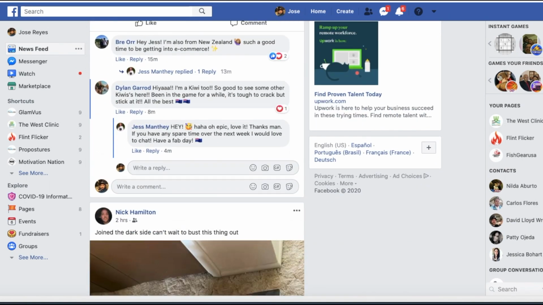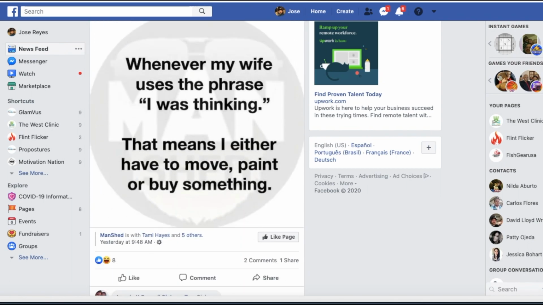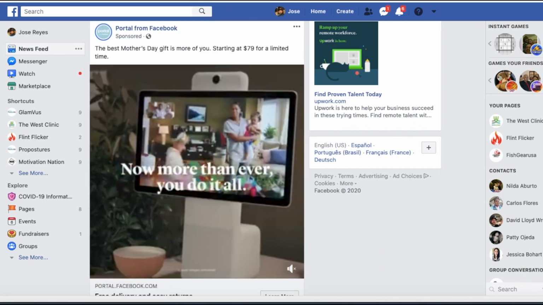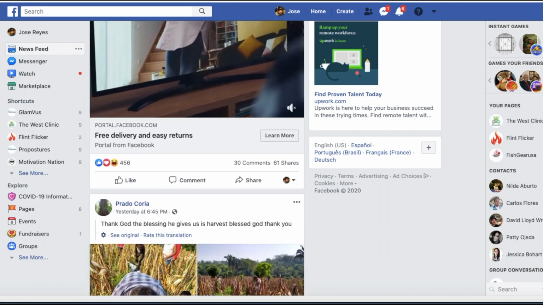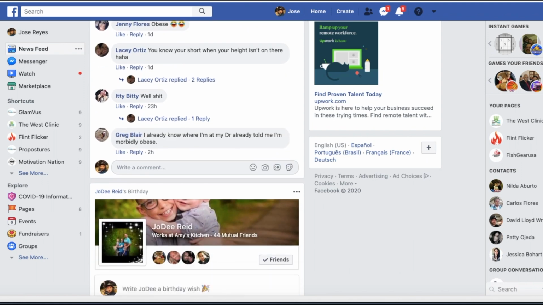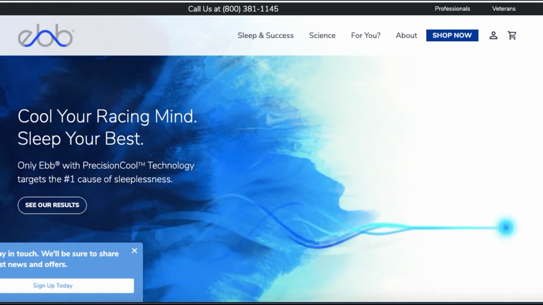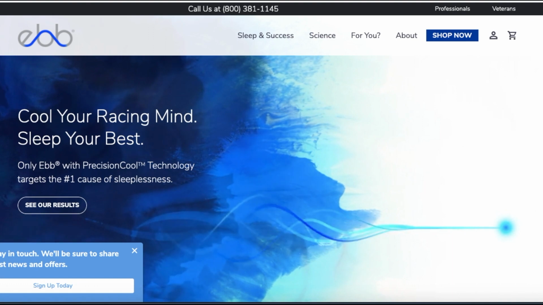So what you want to do is look for products in your news feed, and if you don't have any then you might have to search some. But I have a lot in mine already, so I'm just going to show you once I run into one. This is one. Just going to show you what you want to do when you get to an advertisement. You're going to want to maybe just like it, hit shop now. If it's not a dropshipping website, which it does look like one, add something to a cart